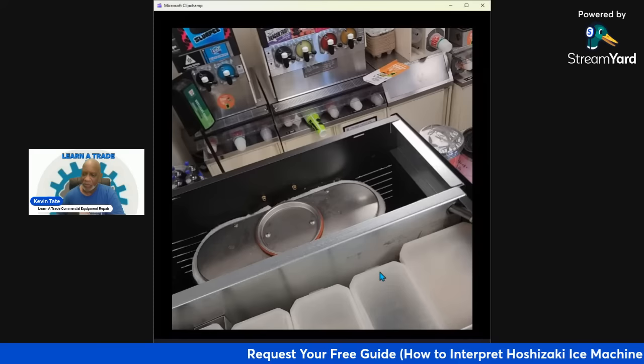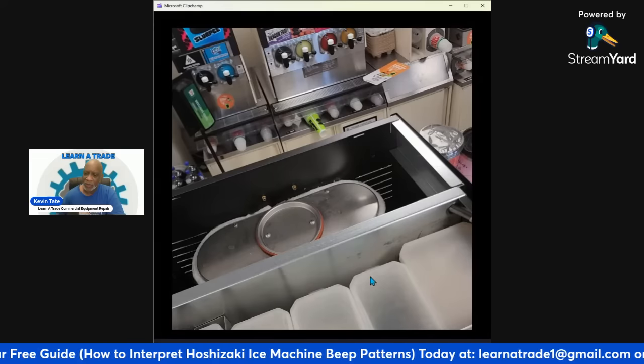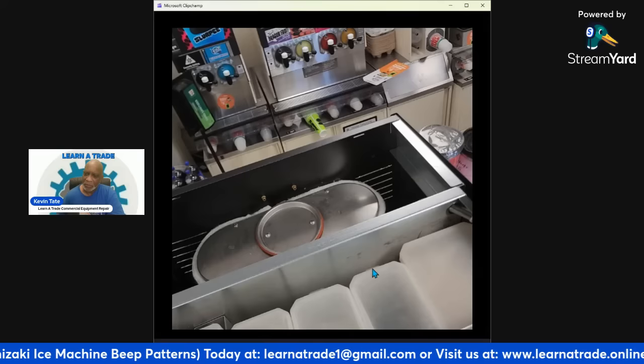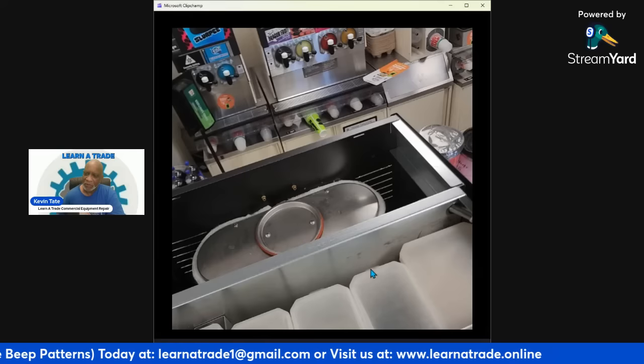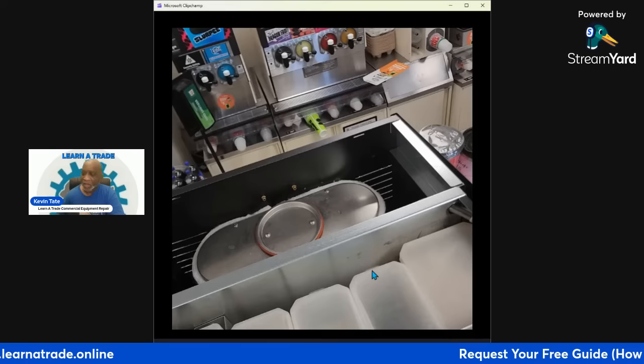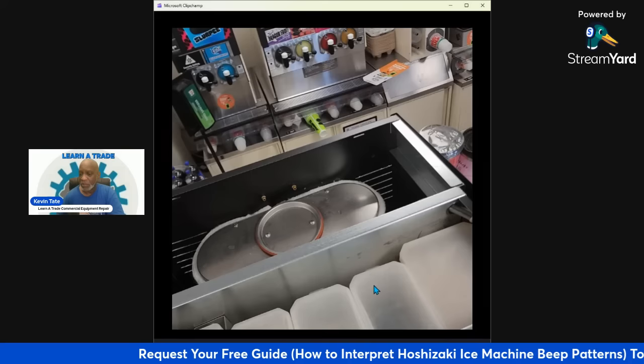But I just noticed that the top covers, these are the top covers right here, and you see that little tip right there. See that little tip? That little tip piece that's touching the back of the frame should actually be facing towards the front. That shouldn't be facing towards the back. I just noticed that. I mean, it's not a major thing, but it could be. But just to make you aware of it,